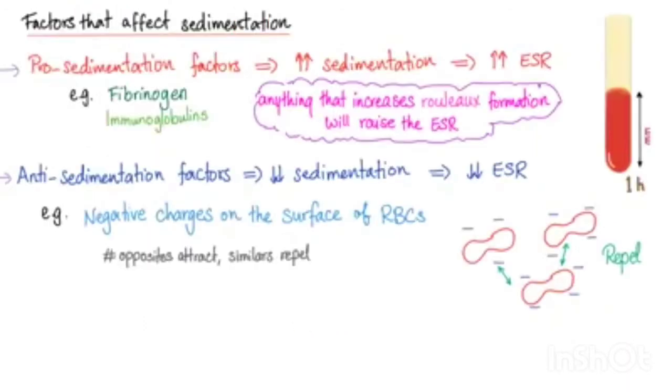Factors affecting sedimentation. We have pro-sedimentation factors that are increasing the sedimentation and increasing the ESR, or anti-sedimentation factors decreasing sedimentation and decreasing ESR. The pro factors are fibrinogen and immunoglobulins. Basically, they are plasma proteins. Anything that increases rouleau formation, which was the first stage in sedimentation, will raise the